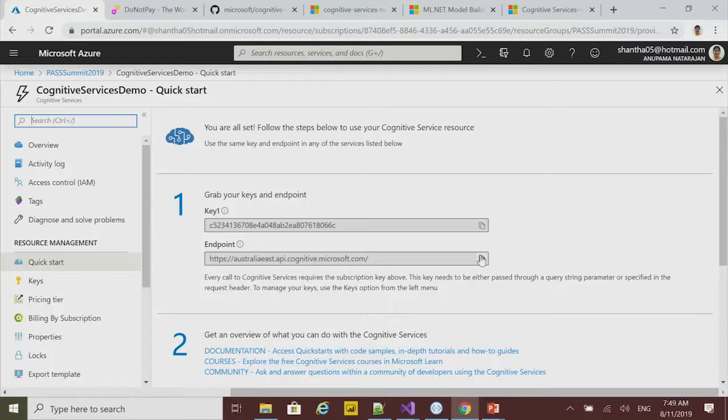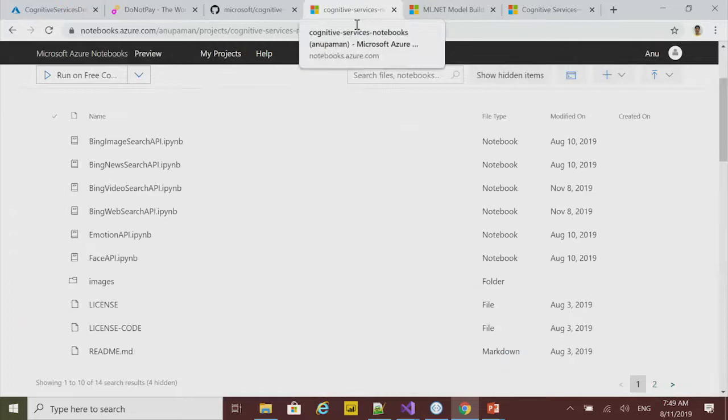Or if you go for the multi-service model, what it allows you to do is have a single access key. You provision a cognitive service once, and you can use it for most of the services. So that's what I have done here. I have just provisioned a cognitive service on Azure, and I just copied the keys and the endpoints. And what I have really done in this notebook here,